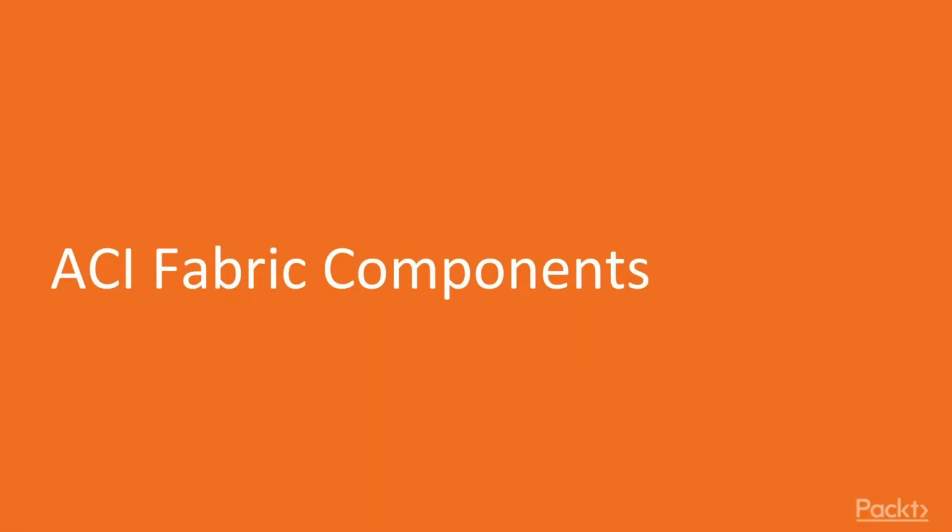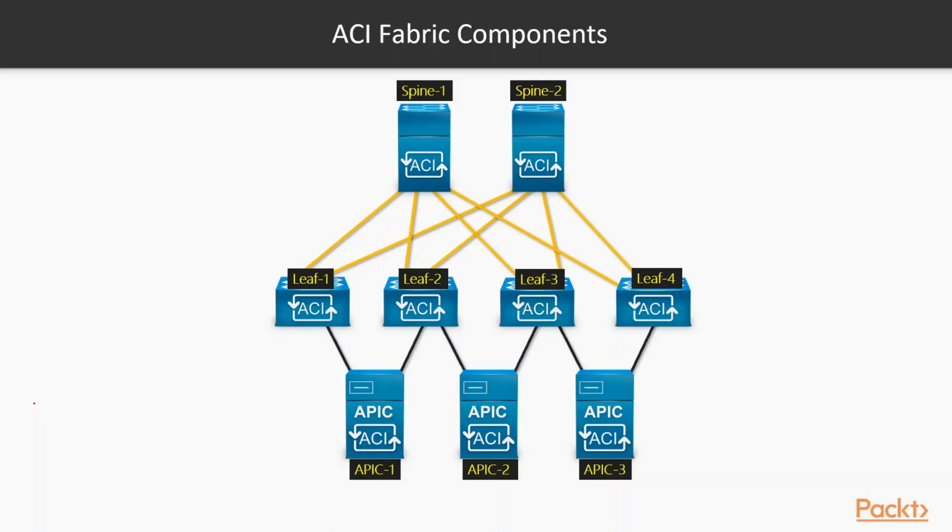Okay, and let's continue on to section 1, Introduction to Application-Centric Infrastructure, ACI Fabric Components. As you can see on this slide, we have a spine-leaf ACI fabric. As we mentioned in our previous video, we have our spine layer. The spine layer is aggregating all of our leaf traffic, or our endpoint traffic. So anything that is connected on the leaf layer is going to be reflected via the spines to my destination